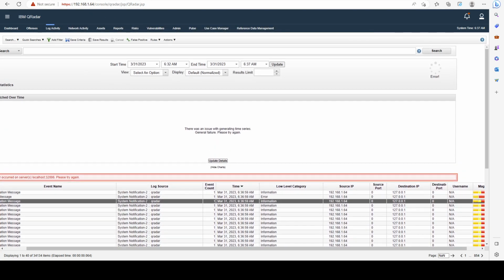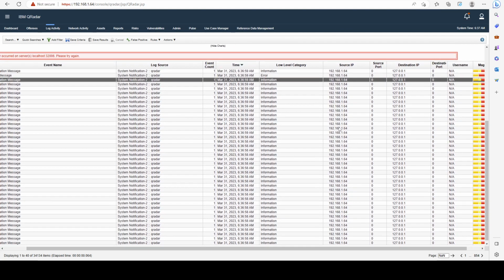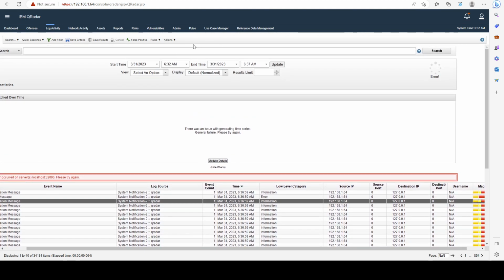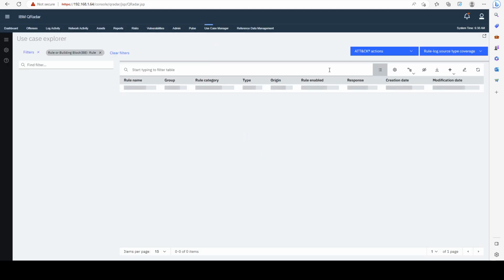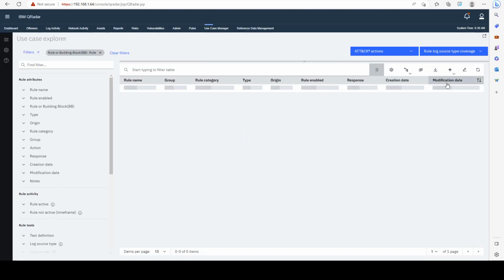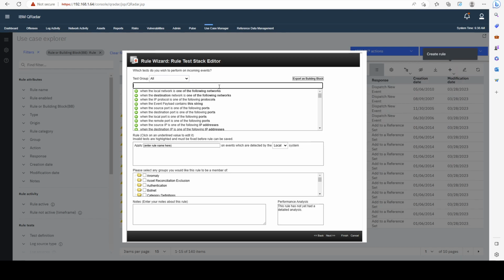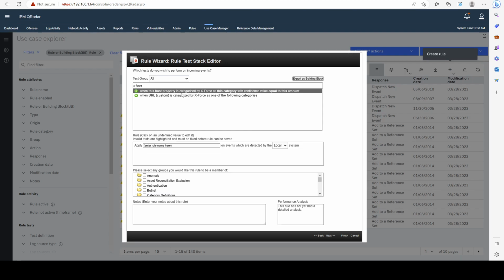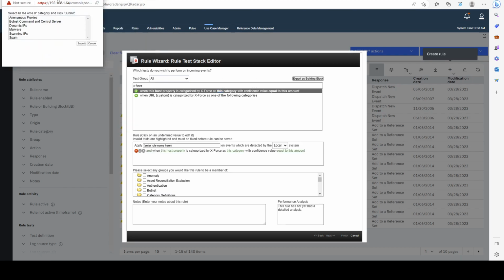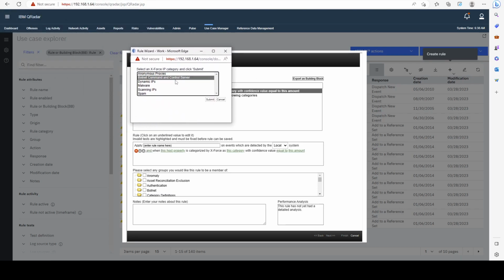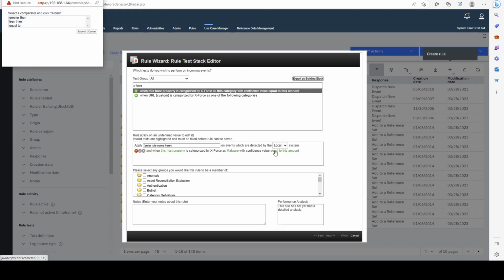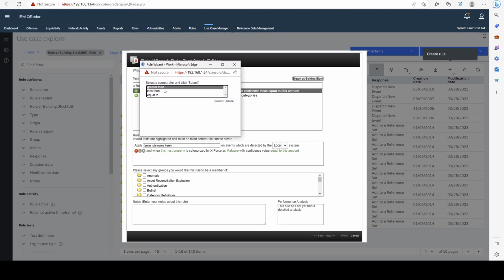And the third way to interact with threat intelligence with X-Force is directly from our detections, right? So if I go to Use Case Manager and I create a new detection, I can go ahead and type in X-Force, right? And I get that when this host property is categorized by X-Force as, we can choose anonymous proxy, botnet command and control server, dynamic IP, malware, and with the confidence value equal to, let's say, greater than